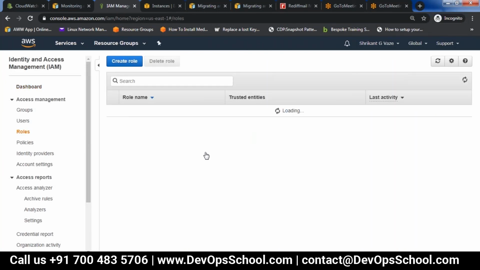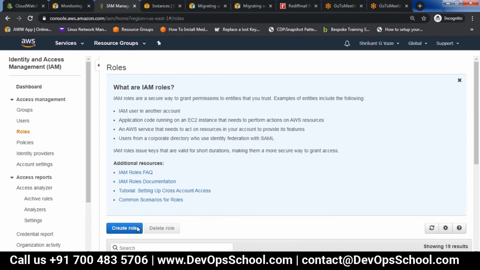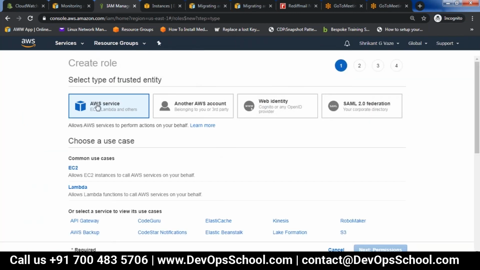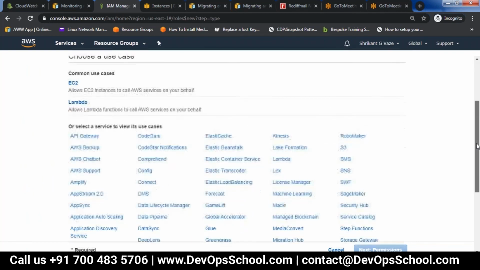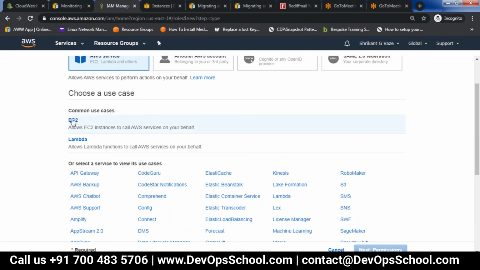The first option I will choose is AWS service, and I want to assign it to EC2.